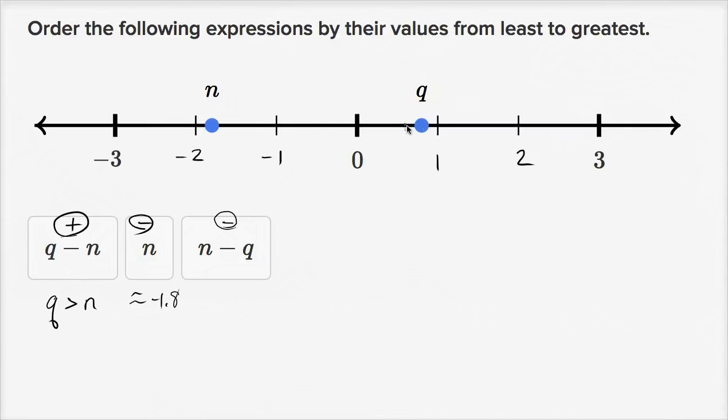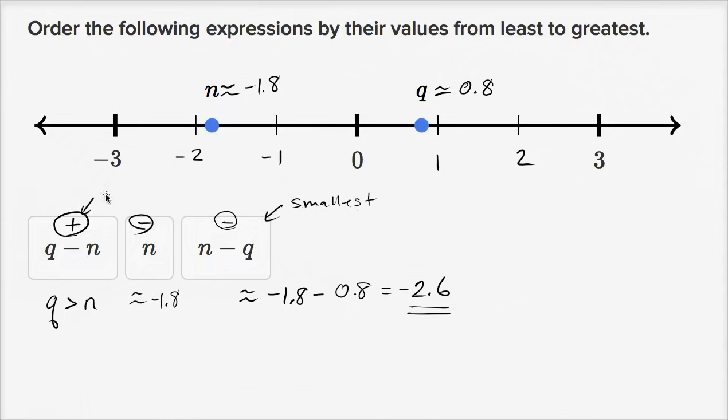We could just try to approximate what q is, and if we look at it, q looks like it's roughly 0.8, and this looks like it's approximately, we've already said, negative 1.8. So if we make those assumptions right over here, this thing is going to be approximately negative 1.8 minus 0.8, which is equal to negative 2.6. So when you look at it like this, you clearly see that this is going to be more negative than this right over here. So this is the smallest,